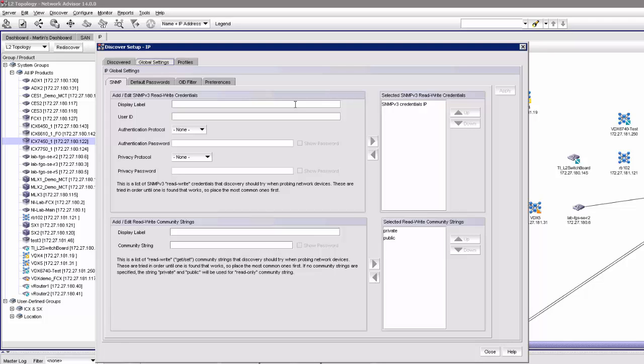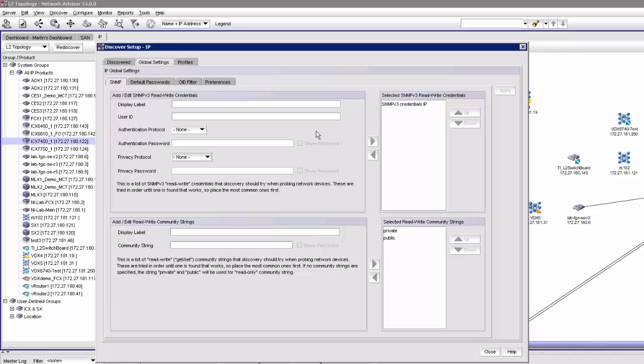For example, for SNMP version 3, use user ID, the authentication protocol, you're using the privacy protocol and the passwords. And here you can store more than one SNMP setup, so the tool will automatically scan the network and test these settings, and whenever one of these settings will fit, it will automatically be stored within the local